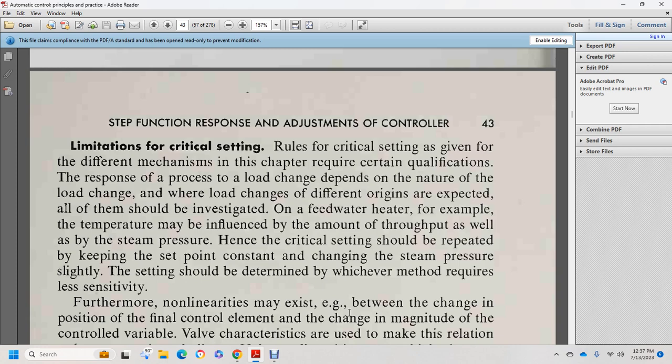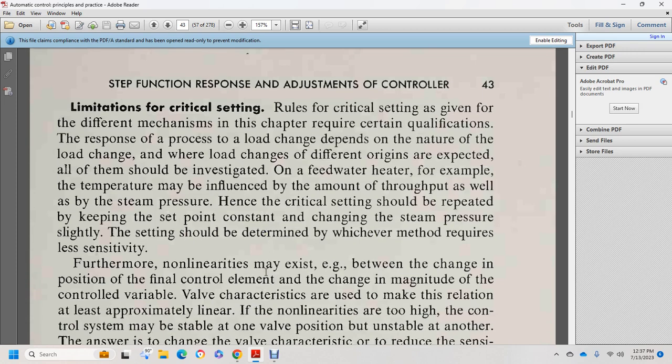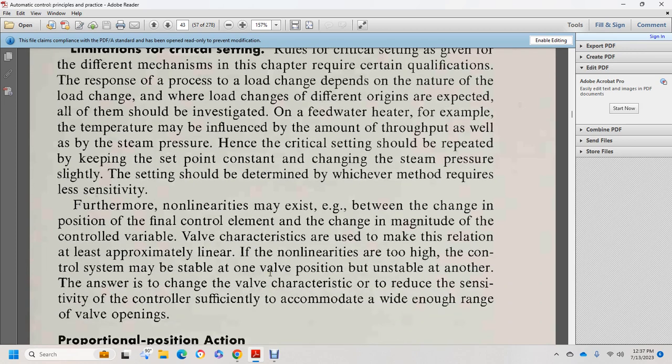Hence, critical settings should be repeated, keeping the setting point, for the change with the steam pressure. Settings should be determined whether the method requires less sensitivity. Further, non-limited areas may exist, etc. With the change in the position of the final control element, the change in the magnitude of the control variable, the variable